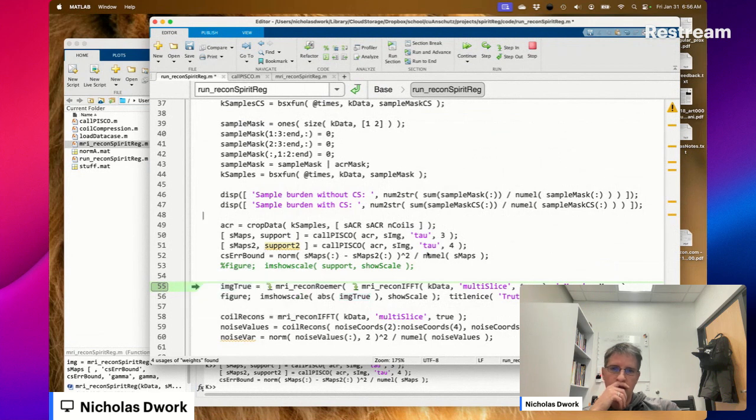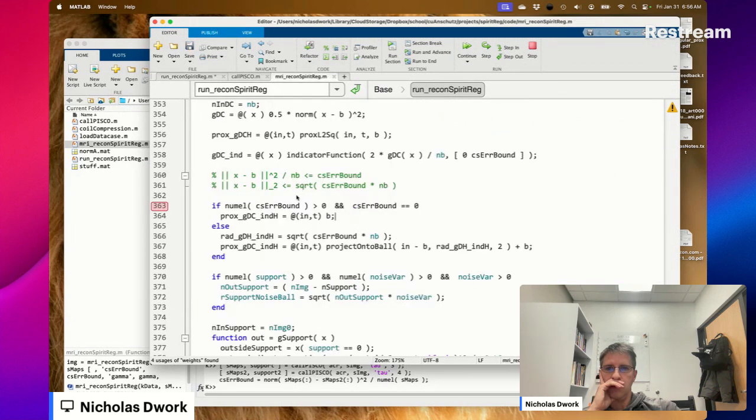This is way too high to get a good result out. So the indication is that that's not a reasonable error bound.